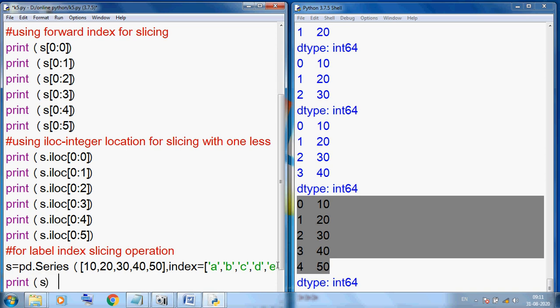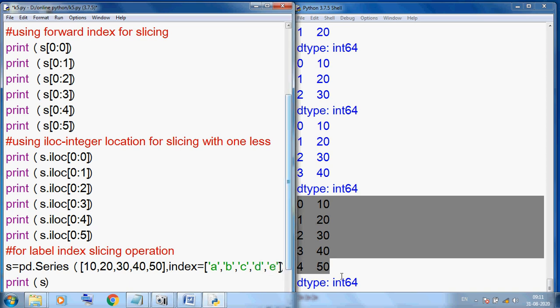So you can see last time our index was 0, but now with a label we can change it: the 0 index changes into A, 1 index changes into B, 2 index changes into C, third index changes into D and fourth index changes into E. So we can say this is our label index.